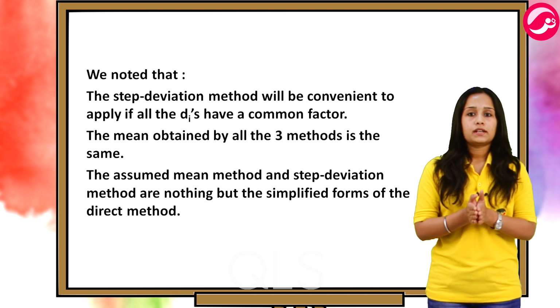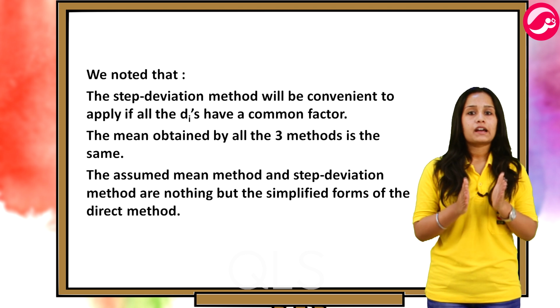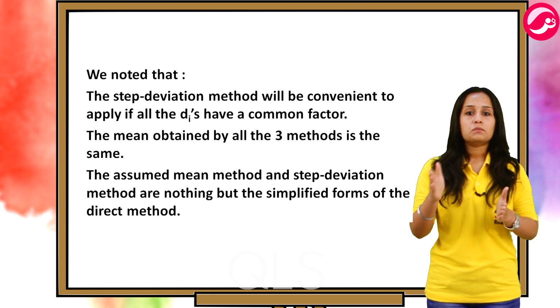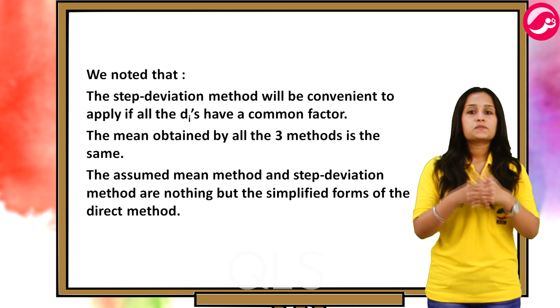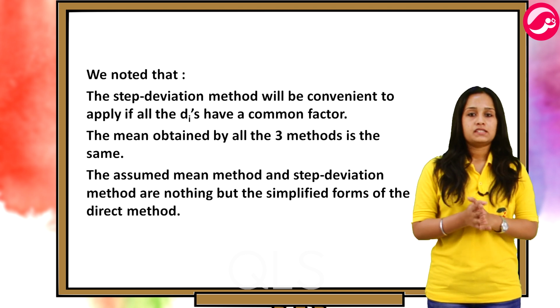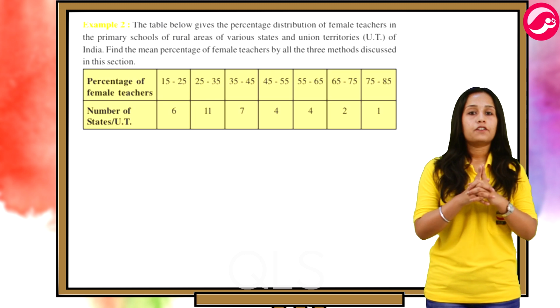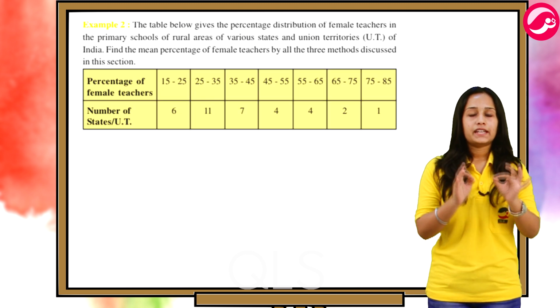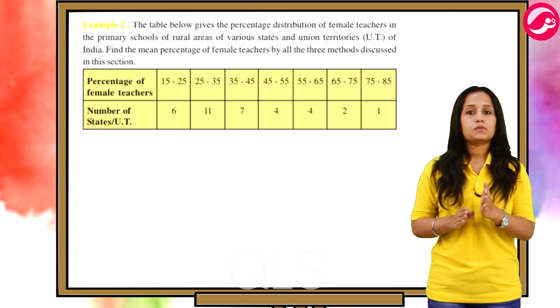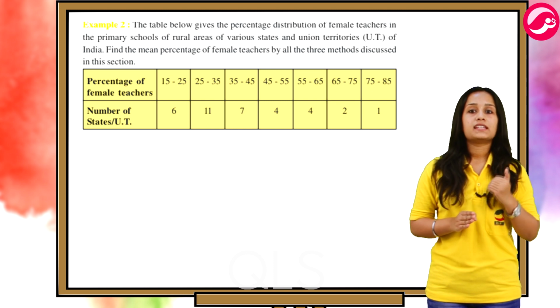The assumed mean method and step deviation method are nothing but the simplified forms of the direct method. Now let us proceed towards problem solving, जिससे आपको और better समझ में आएगा वो सब जो हमने अभी तक पढ़ा है. Now our first problem says that the table gives the percentage distribution of female teachers in the primary